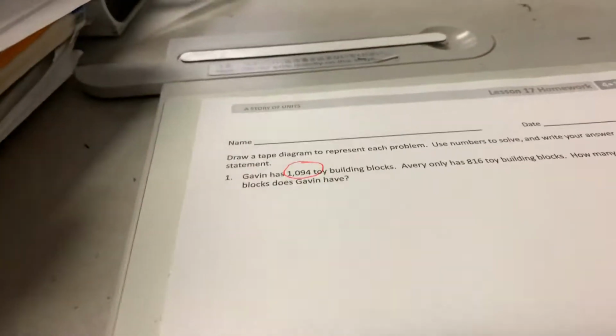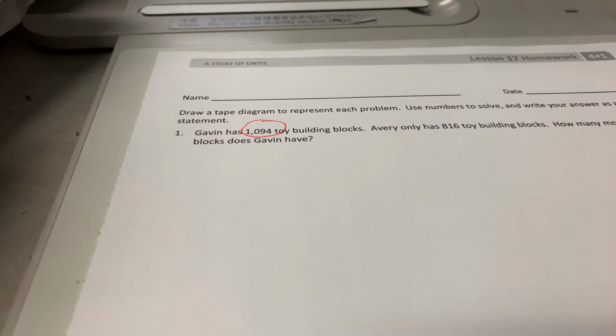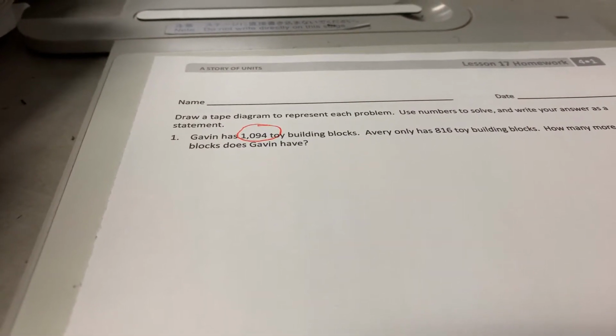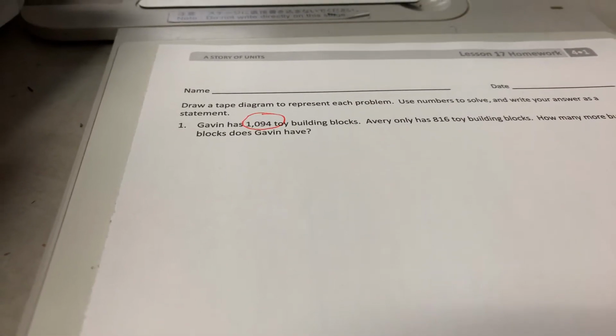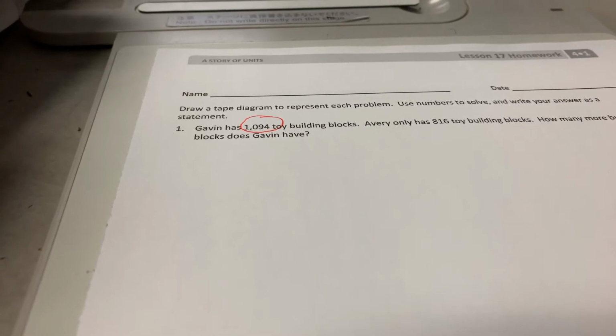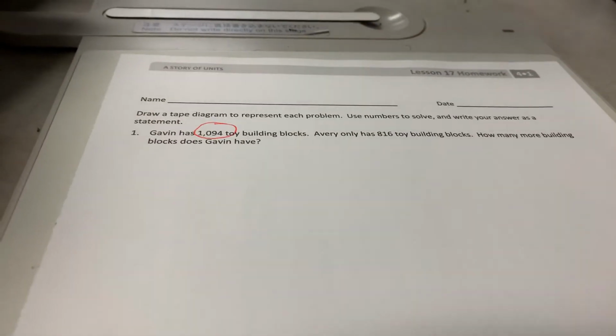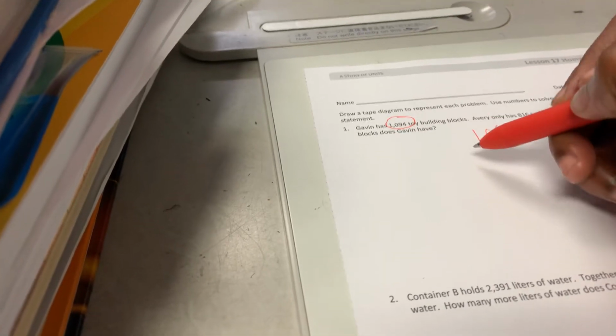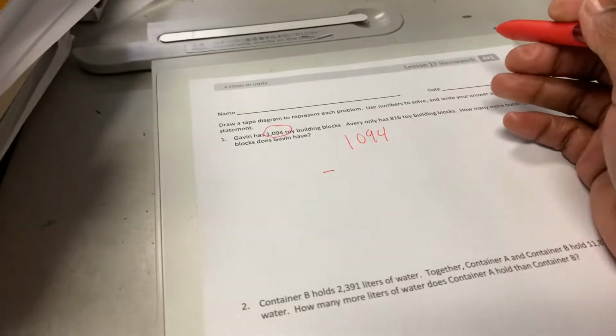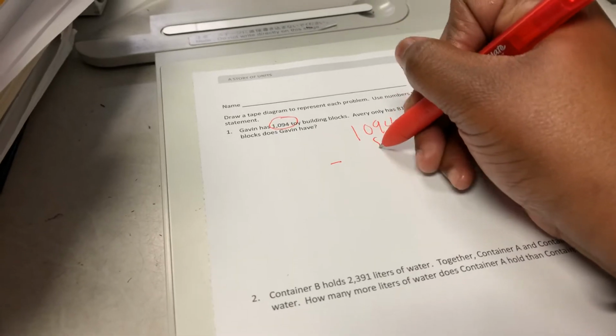Number one is just simply a subtraction problem. Gavin has 1,094 toy building blocks. Avery only has 816 toy building blocks. How many more building blocks does Gavin have? So basically, that's just a comparison problem. You set it up with 1,094, the total that Gavin has, and you're subtracting the amount that Avery has, which is 816. So if you will follow those steps,